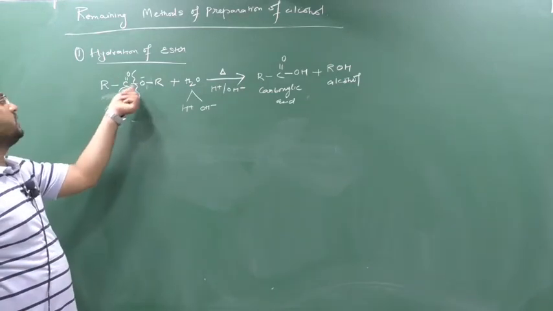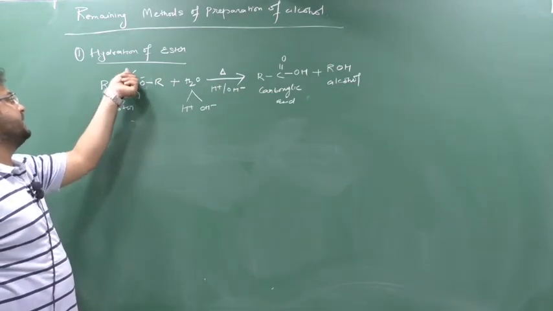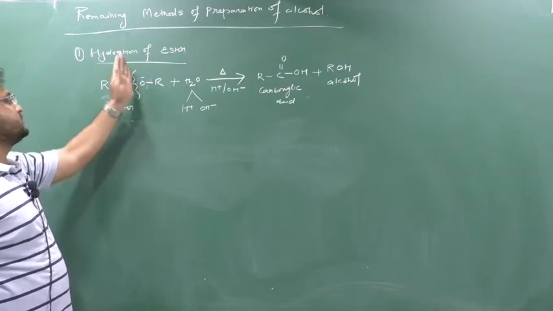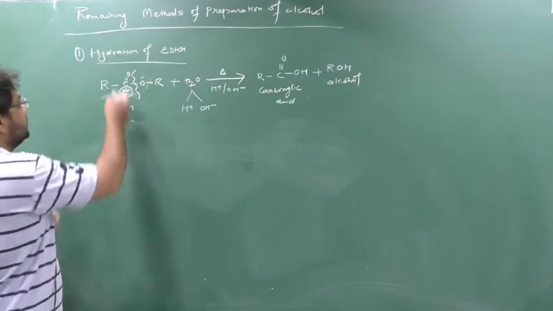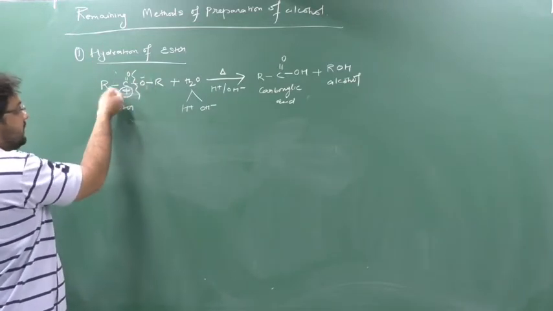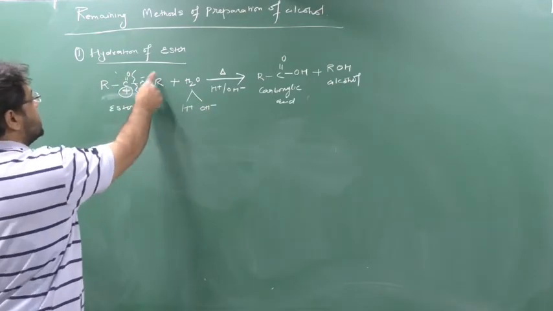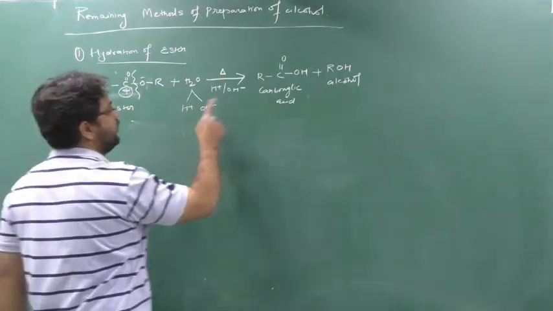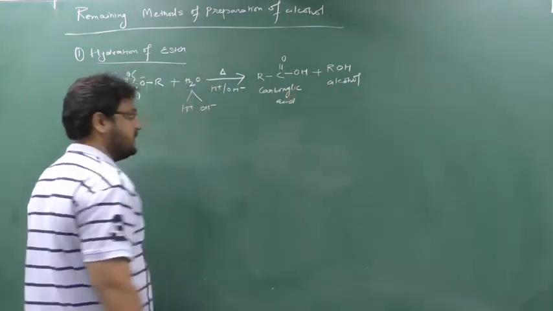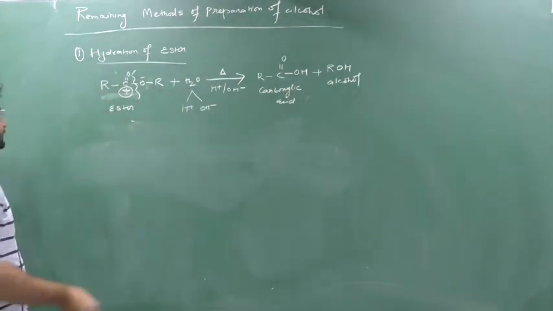So just carbon and oxygen, this will be the negative part, and this will be the positive part. So here splitting will occur. This whole portion will be positive and will react with this negative, so it forms RCOOH, and this RO minus will react with this positive, so it forms ROH. This is alcohol, this is carboxylic acid. One example we will see.